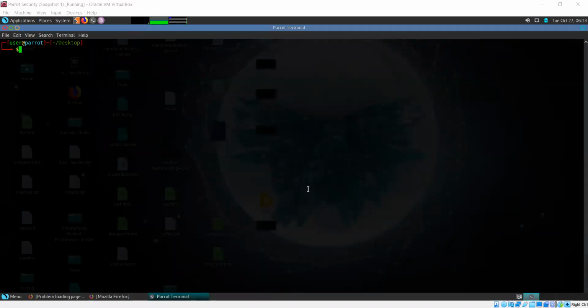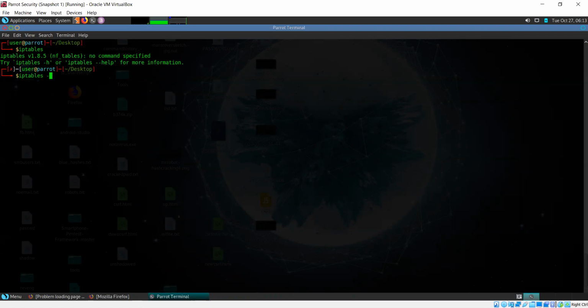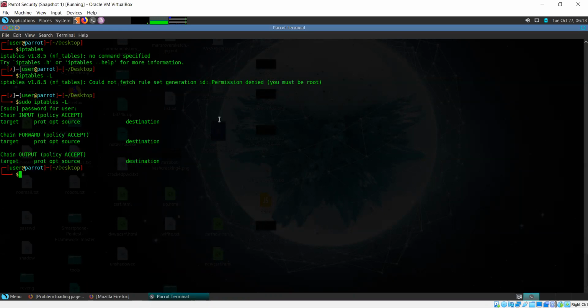Let me just share the screen. It says iptables. Okay, I haven't specified a command. Now, if I want to see the list of current rules for iptables, then I need to use the command iptables -L.